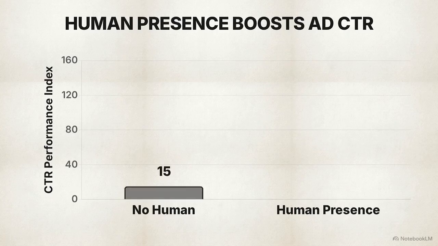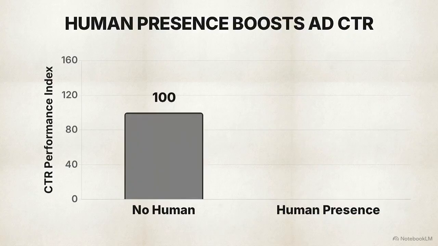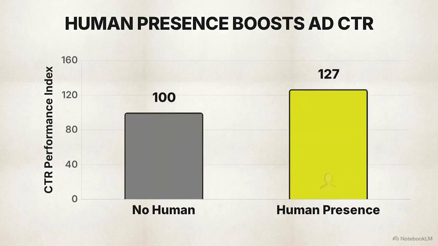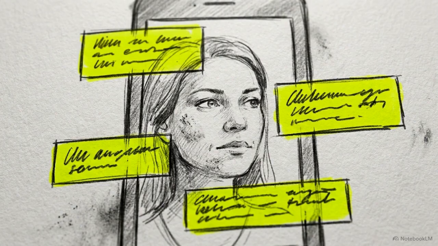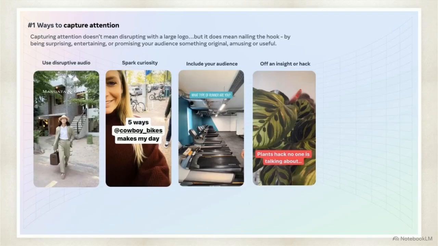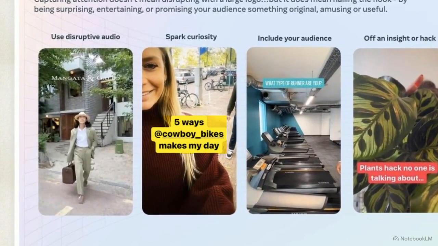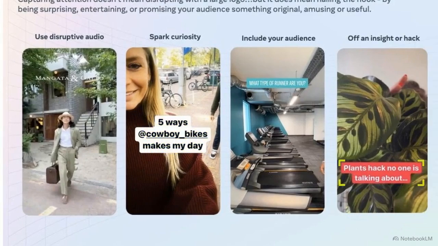This chart shows the impact of that connection across over 1 million video ads. Ads featuring a face or a person in the creative drove a 27% higher click-through rate. To make that human element even stronger, you need to immediately pair it with a prominent text overlay. Looking at these examples, you can see how the text does the heavy lifting. Phrases like "5 ways cowboy bikes makes my day" spark curiosity, while "plants hack no one is talking about" offers